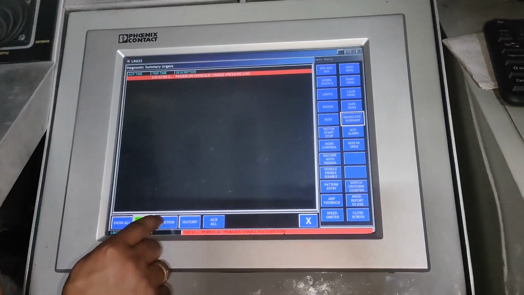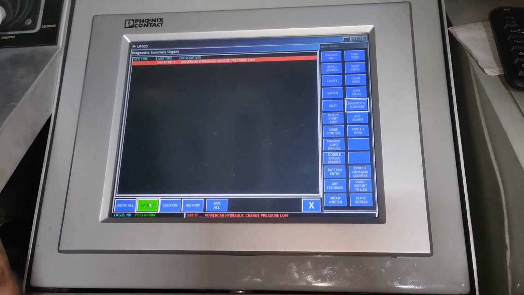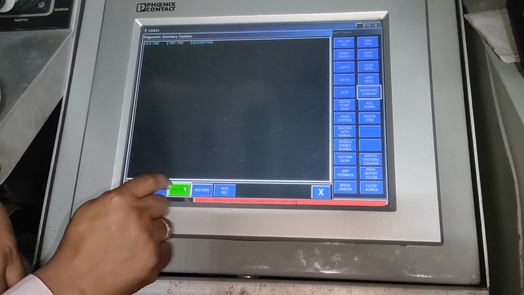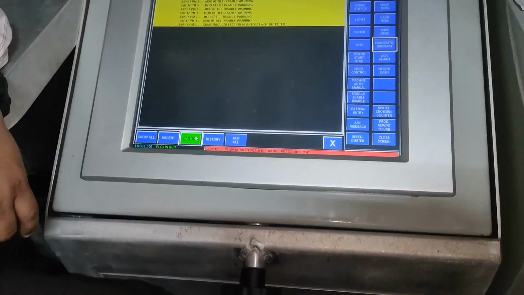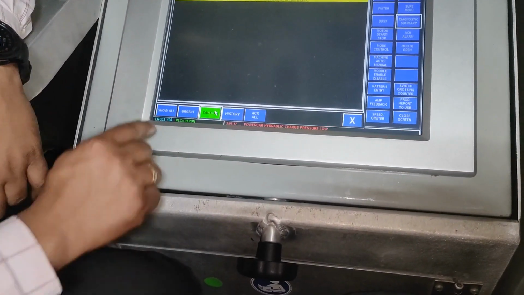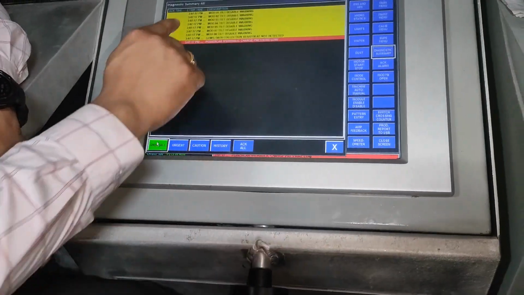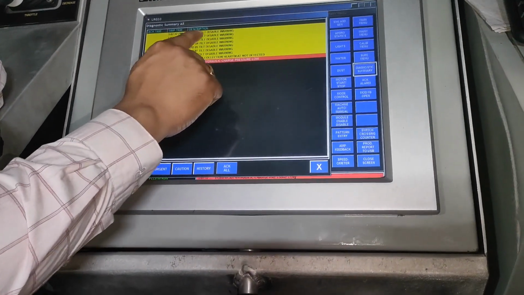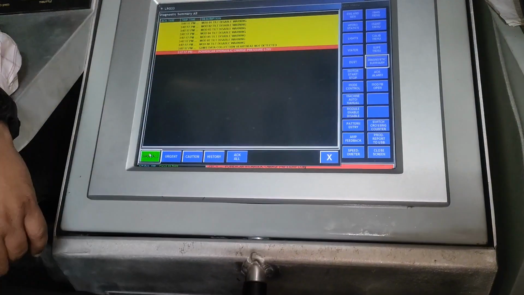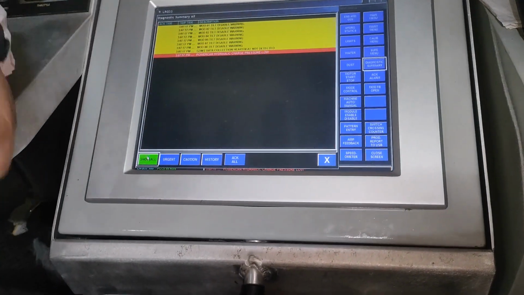If I want to see the caution messages, all the caution messages come, right? And if I select all, all my alarms will come over here with the time and description, till disabled, till disabled. So we have to rectify whatever problem is coming.